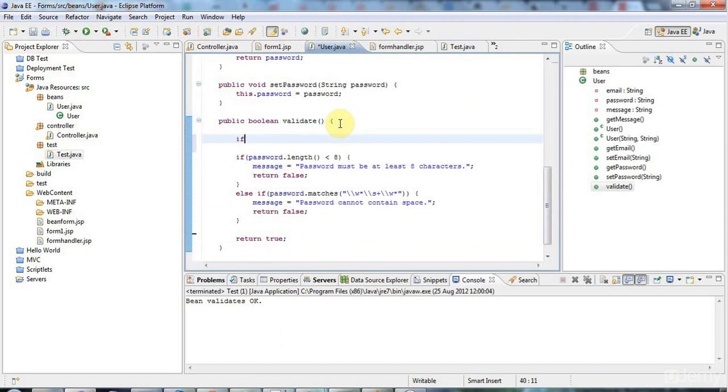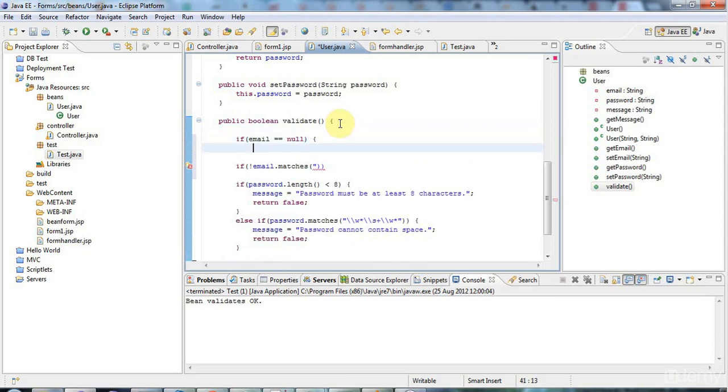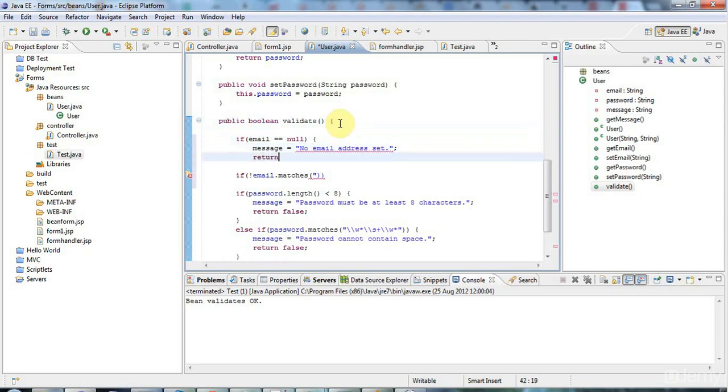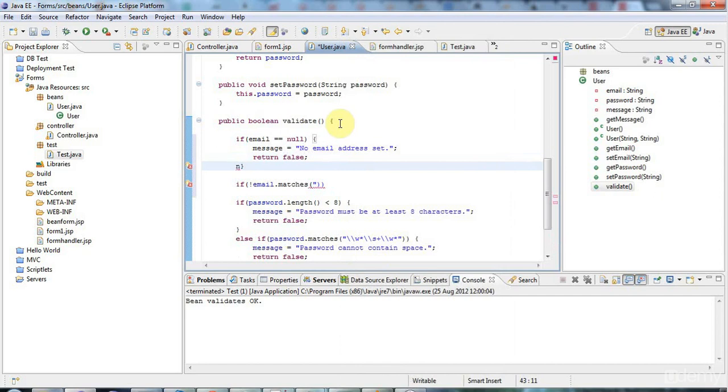So I'll say if not email.matches, and let's say if email equals null, then I want to return and say message equals no email address set, and return false, because I don't want null pointers potentially to occur in my validation code here, which they could do if I don't check this, possibly. So let's put a closing bracket in there,